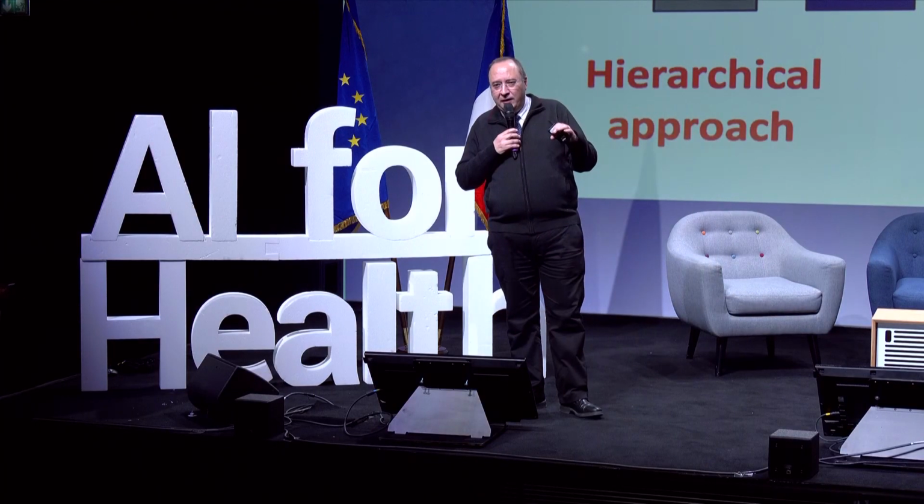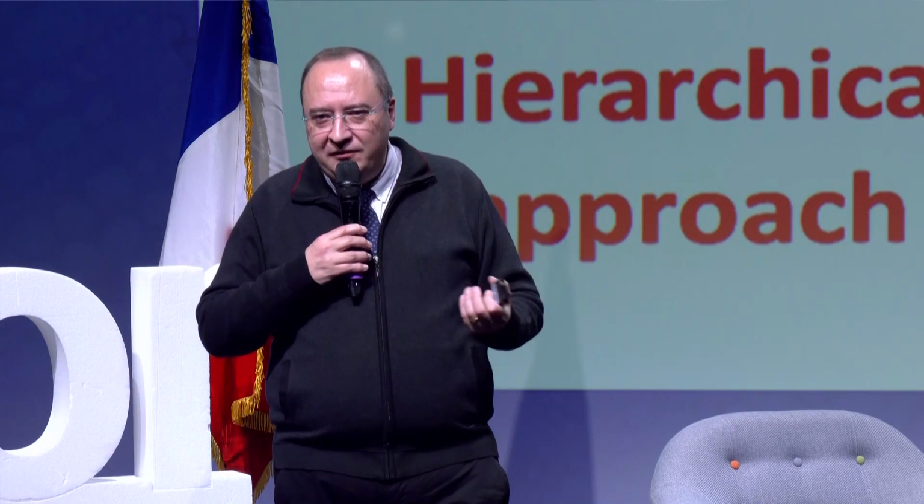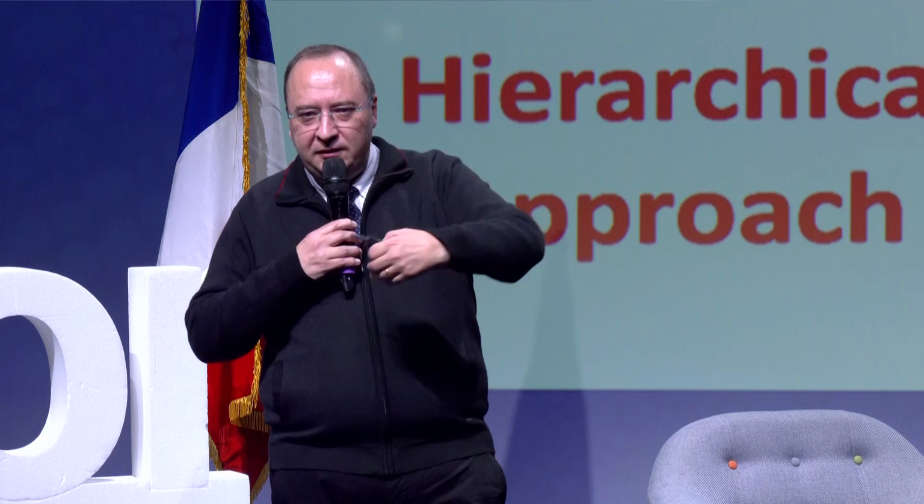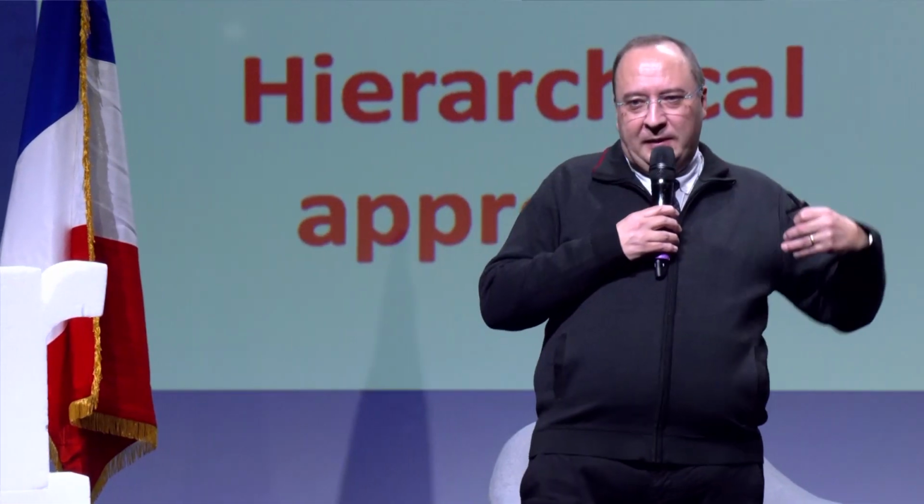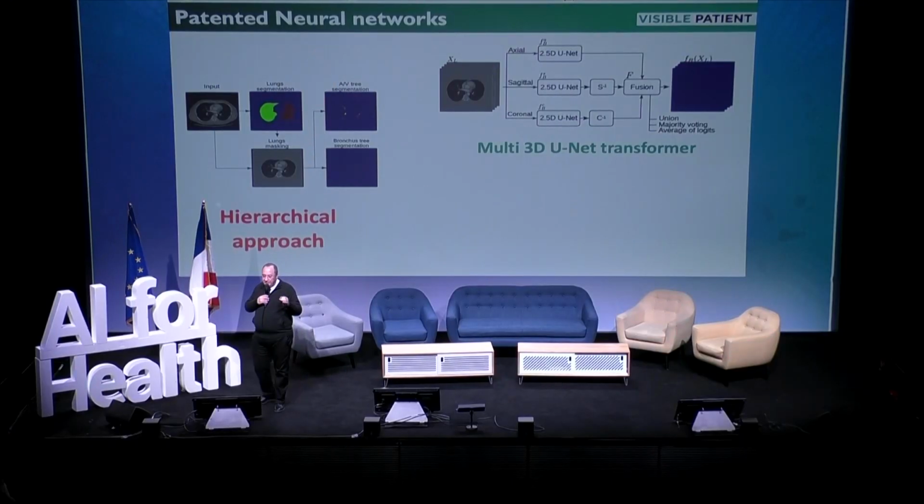We are not working on a cat in a picture. We are looking for organs. And on organs, for instance, the liver is not outside of the body, but inside. And you know that the kidneys are under the liver or in the back. So the position is known in advance, on average, and this average position can be provided thanks to the UNet transformers. The other kind of algorithm we have used is a deep convnet